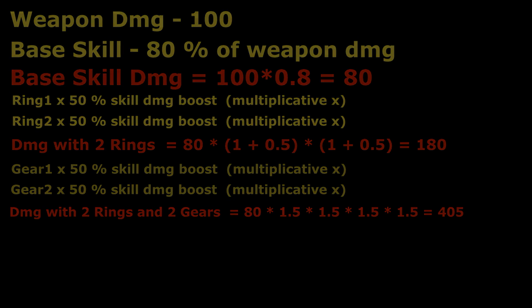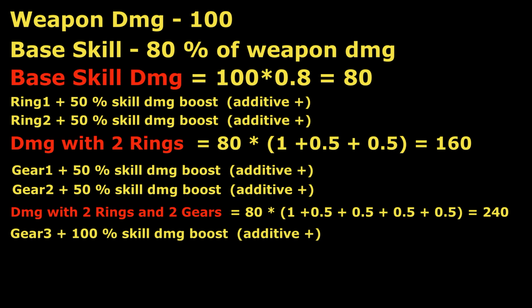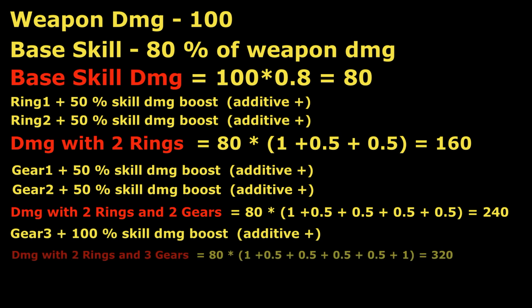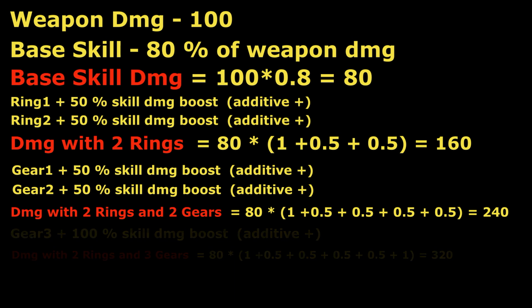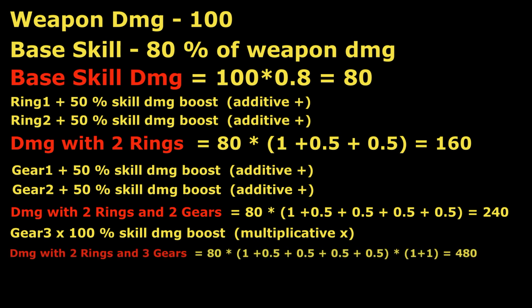And finally, how those two work together. Let's bring back the example to the point where we have 4 pieces that together give 200% additive skill damage boost, or in other words, each gives 50. What will happen if we find another piece that gives 100% additive skill damage boost? The damage of the skill will be increased from 240 to 320. However, what if this item gives 100% multiplicative boost? The damage will be increased from 240 to 480, which is much more and illustrates even better the main difference